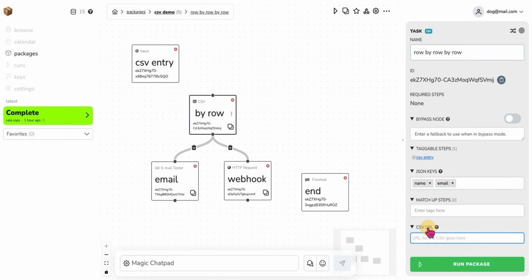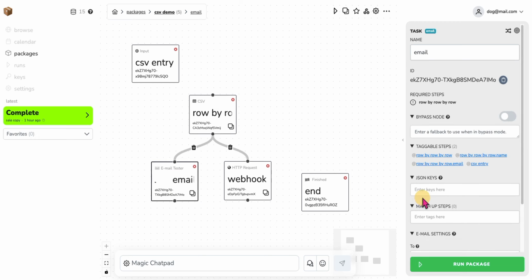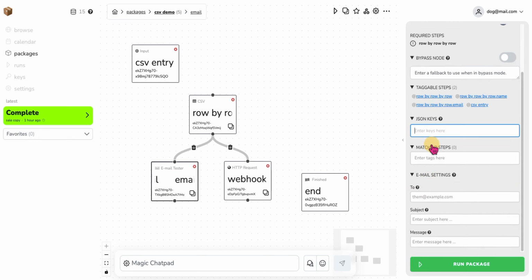Over here, for the CSV URL, we will need to include this over here, the CSV entry. Okay, and then so this is done. Now for this, we will need to do something. Over here in the matchup steps, we need to type,